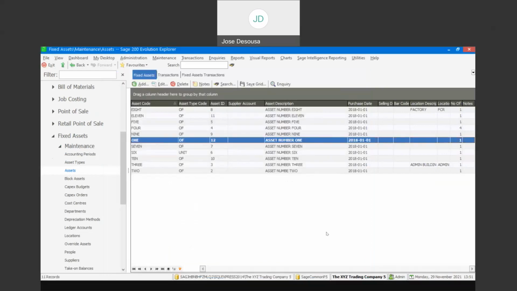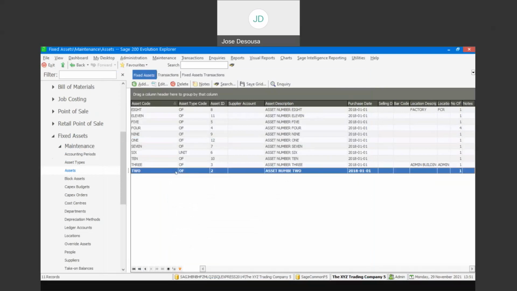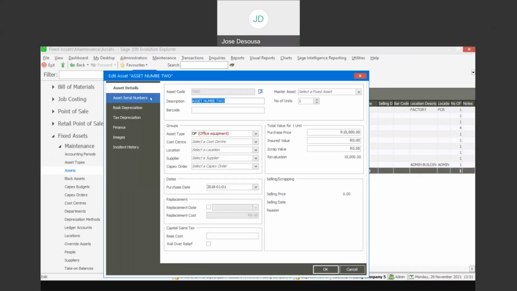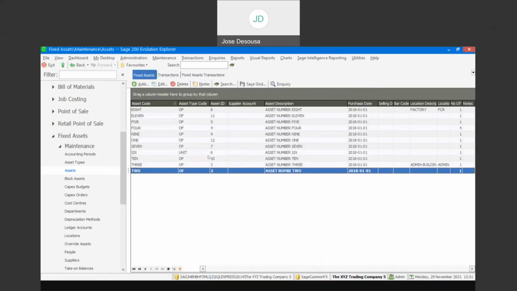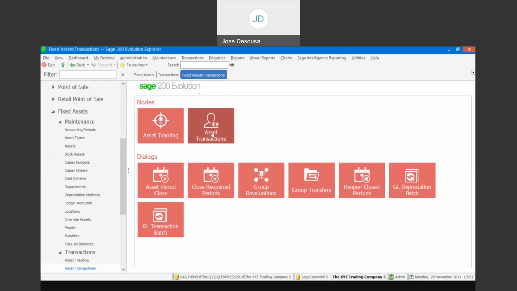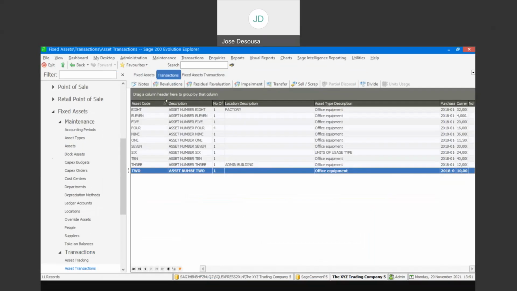The next option we have is a residual revaluation. I'm just going to go into an asset that we're going to amend the residual revaluation for. If we then go to our book depreciation tab, we'll see that we've got a residual value there. And I'm now going to amend this particular value. So once again, I'm going to revert back to my fixed assets transactions and locate the asset, go to my residual revaluation,